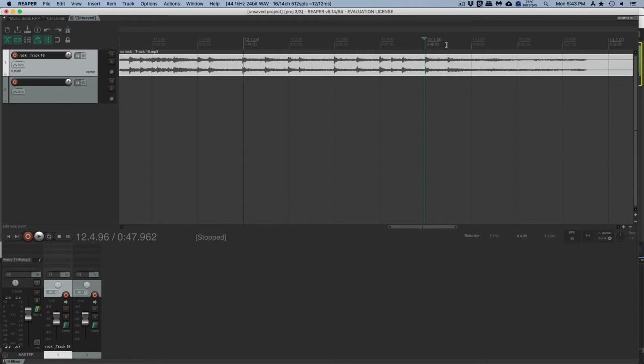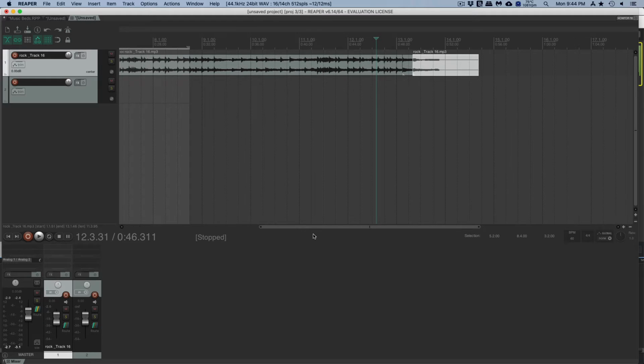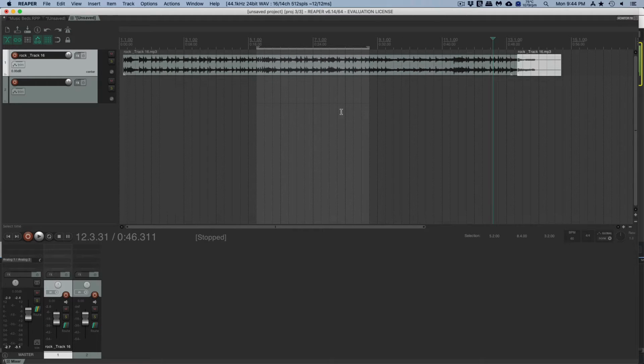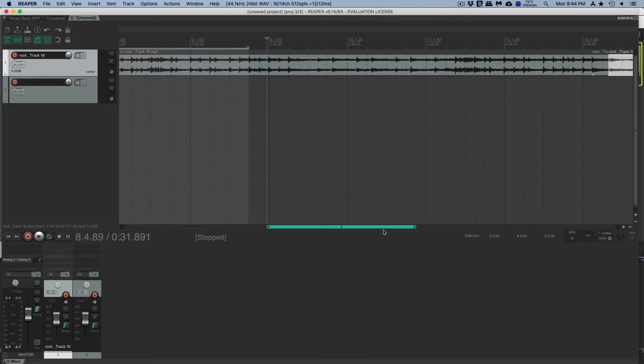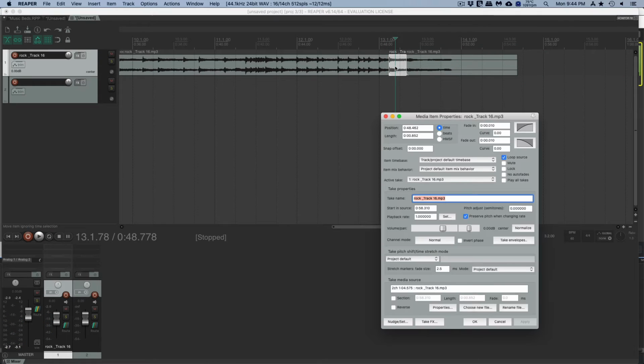So I'm going to click right here and choose split. And I'm going to click right here and choose split. And let's see what we can do to add some energy to this. And then you guys can use the transient matching technique that I taught you to match this with this. Now I'm teaching you this just because these are the kind of tricks that you need when you're working on real world stuff. So I'm going to double click on that,